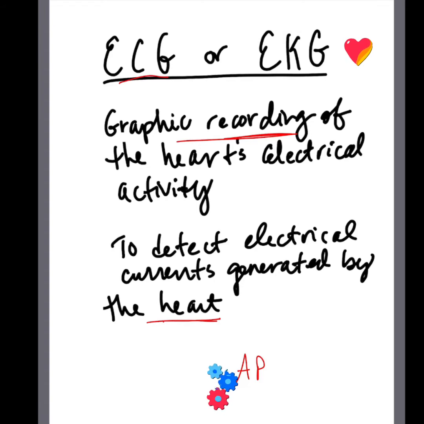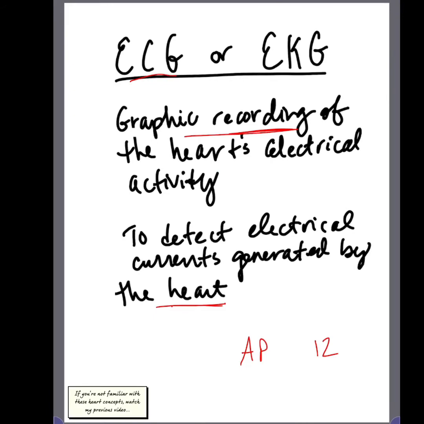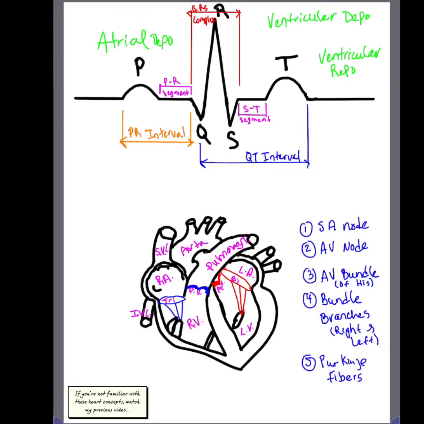And so in an ECG, electrodes are placed at various points of the body in order to measure voltage differences. Typically, it's going to be a 12 lead ECG. So now let's take a look at the actual ECG. Some of the main features you're going to be seeing here are the P wave, the QRS complex, and then the T wave. So starting at the P wave,